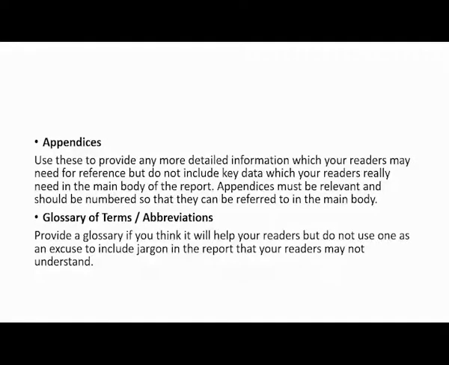Use this to provide any additional or detailed information which your reader may need for reference, but do not include key data which your reader really needs in the main body of the report. Appendices must be relevant and should be numbered so that they can be referred to in the main body.